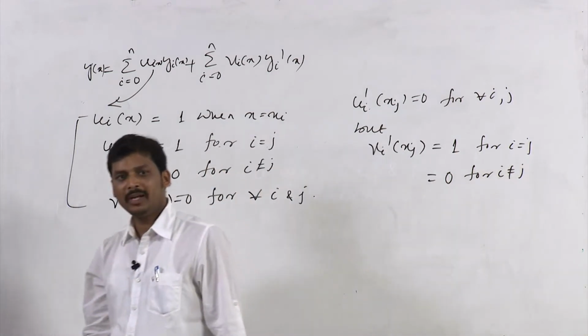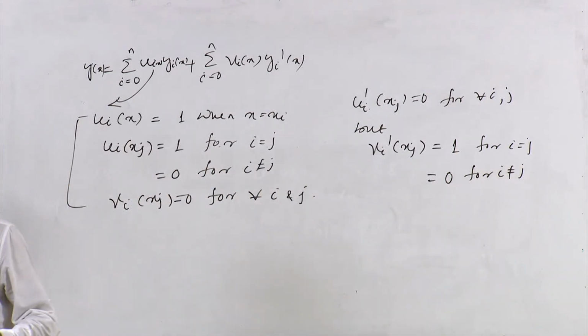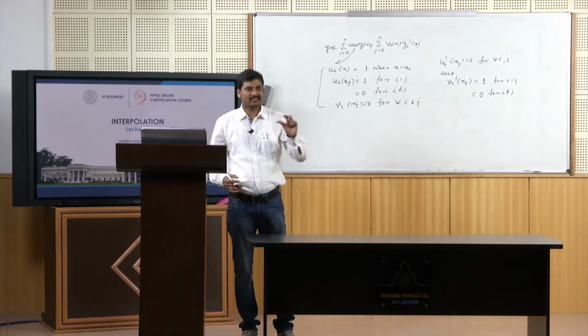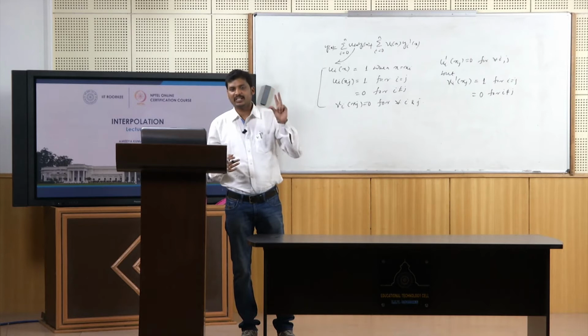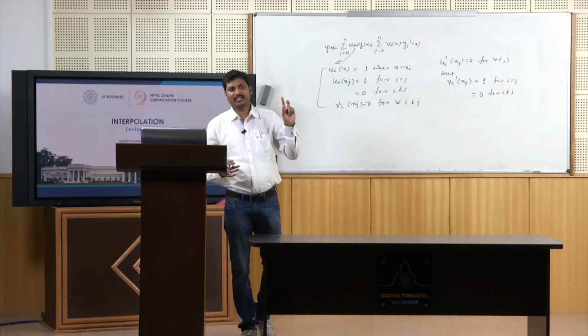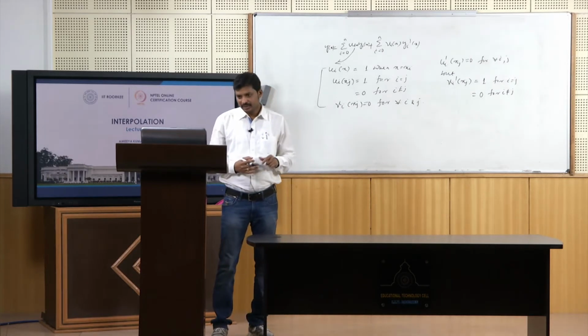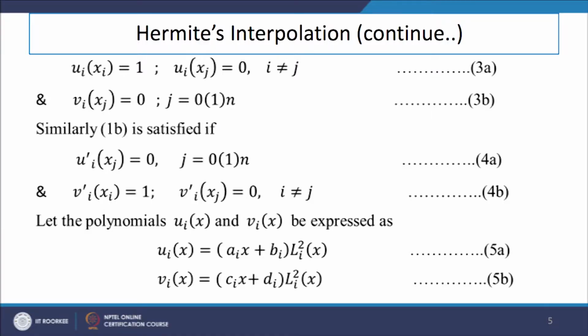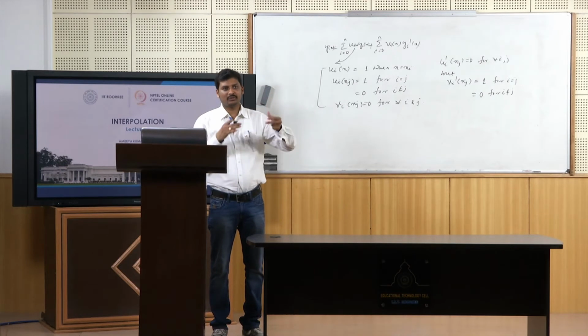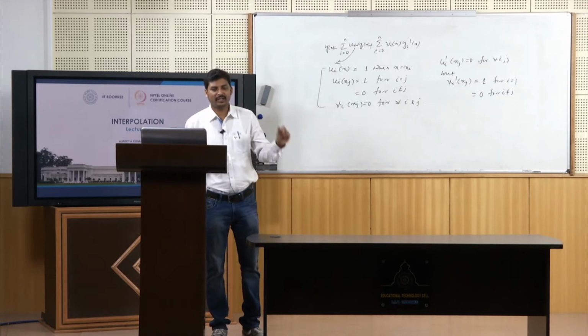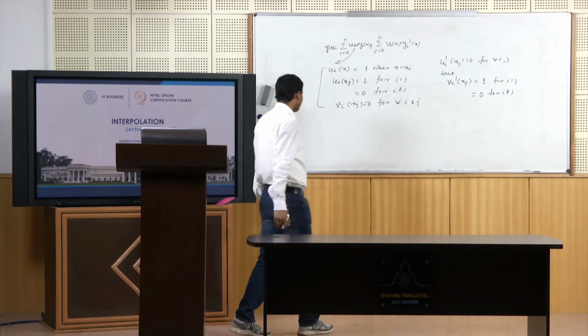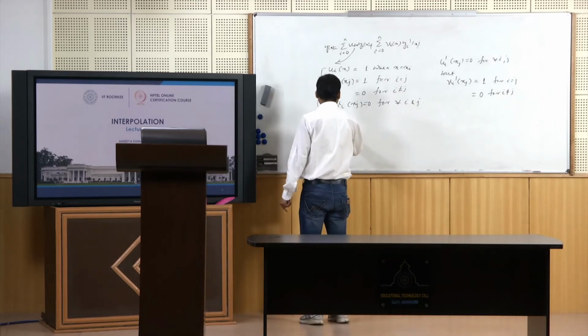Then we can combine this Hermite interpolating polynomial in a 2n plus 1 degree sense that can generate a polynomial which is represented as the Hermite interpolating polynomial here. So, definitely if it represents a polynomial of degree 2n plus 1, then if we want to associate this with the polynomial of degree n of Lagrangian interpolating polynomial, then we can represent the polynomials u_i(x) and